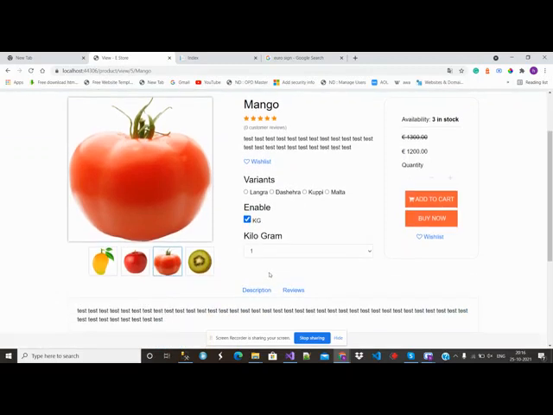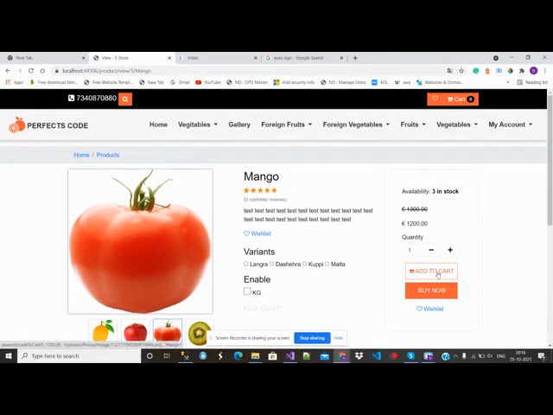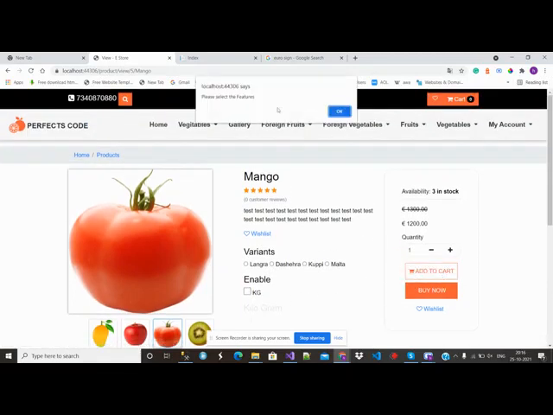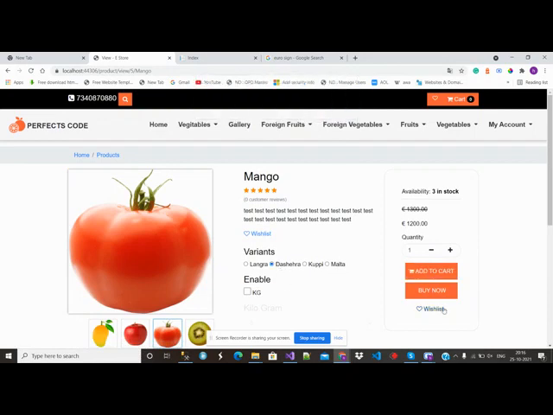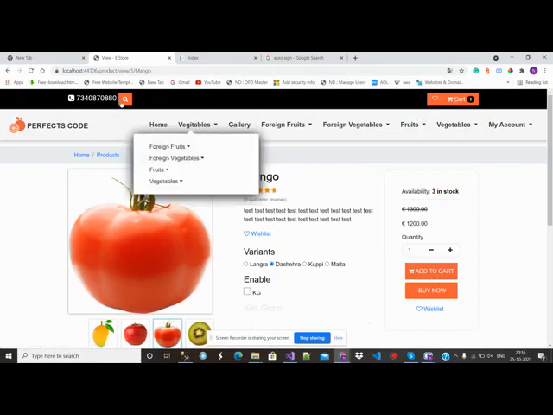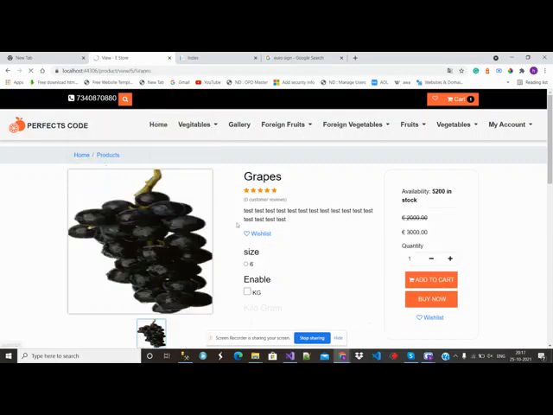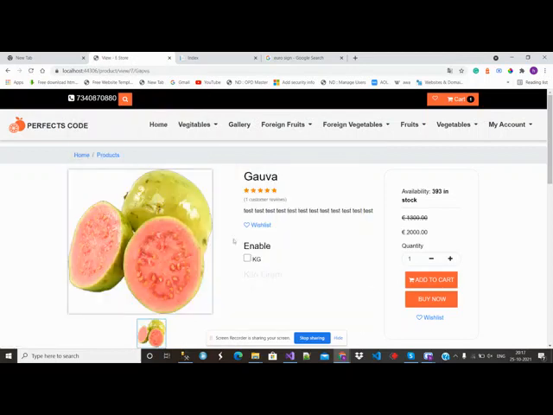There is an option like kilogram. If you want to increase the kg, you just need to select it. So the user can add the product here. We select the feature like this, and there is edit, if that is optional. If you search another product, there is no size, no feature, so you can simply click the add button.